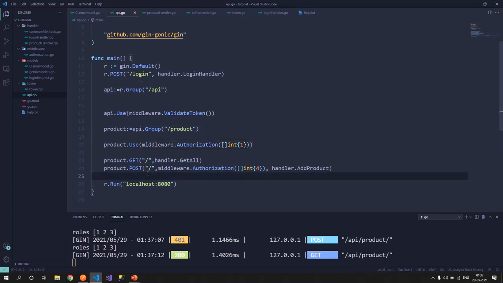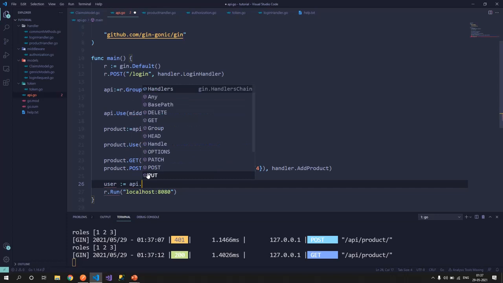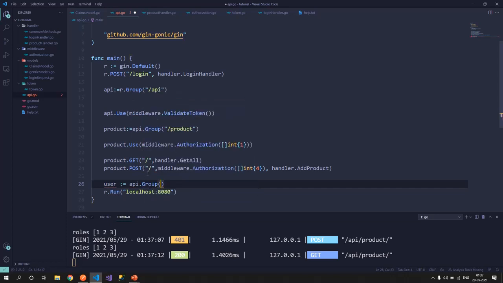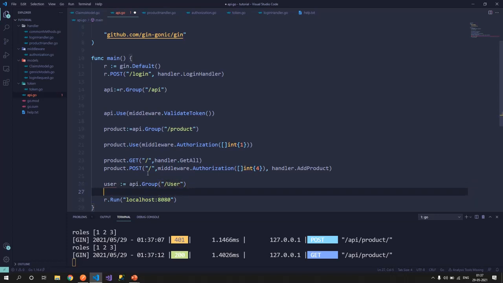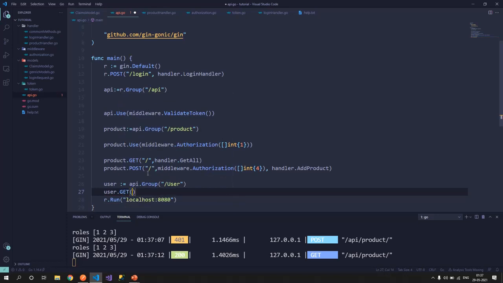And if someday you have, let's say, a users API, you can definitely go ahead and create a group. Let's say user is equal to API dot group, and give the endpoint as user, and go ahead and create some endpoints. Let's say get, and this is a blank path.